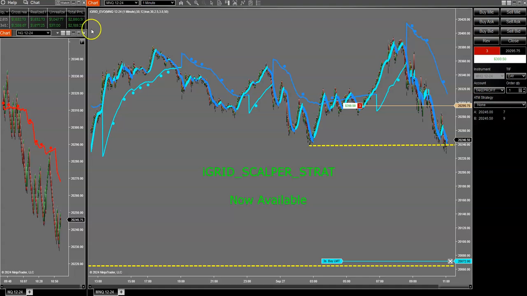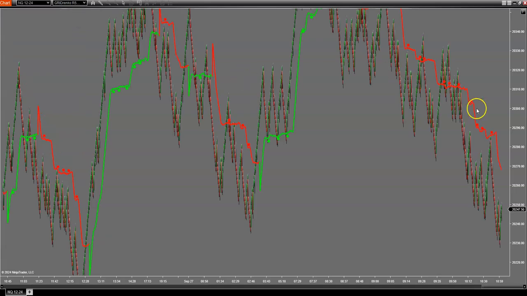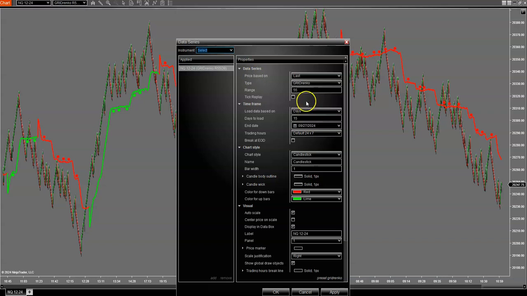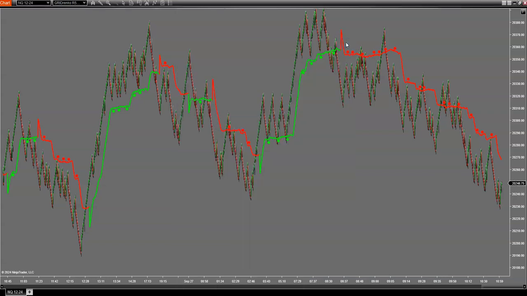So there you have it. One and done on one of 3 settings I'm using. This is actually one of the higher time frames that I'm running on Scalper Strat. It's a grid Renko. I'm running on a 60. I'm sorry, this one's a 55. I run one on a 60, I run one on 55, and I run one that's my own special sauce